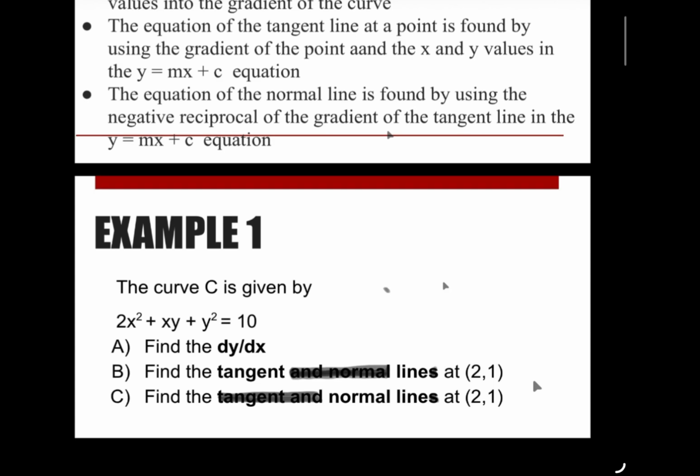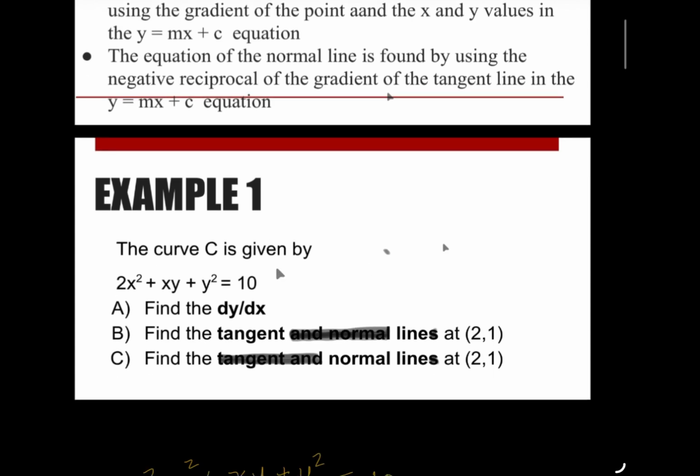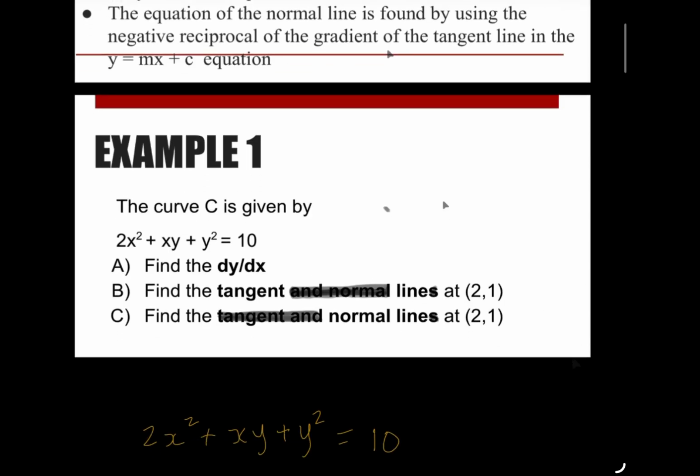Now let's look at an example. The curve C is given by 2x squared plus xy plus y squared equals 10. A, find dy dx. B, find the tangent line at (2, 1). And C, find the normal line at (2, 1). So we're going to be writing the tangent line and normal line equations. First, let us look at our